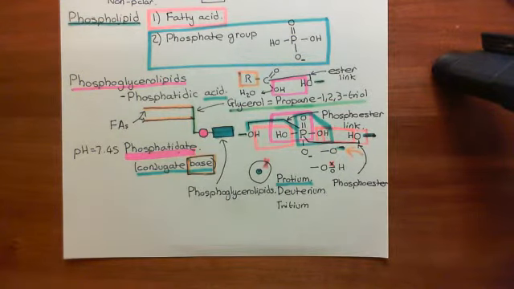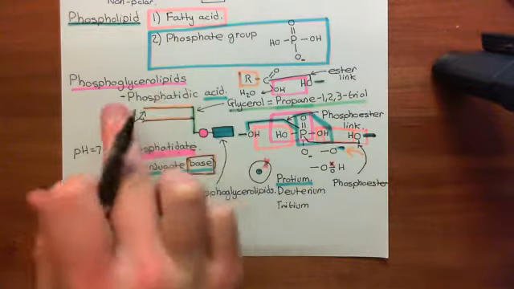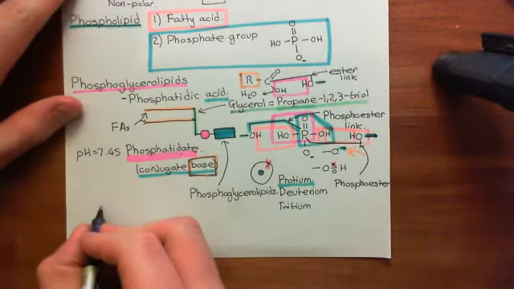We've discussed what a lipid molecule is, we've discussed what a phospholipid molecule is, we've discussed what a phosphoglycerolipid is, and we now want to see a specific example of a phosphoglycerolipid, which is the molecule